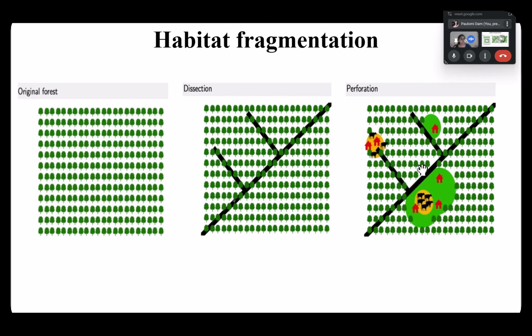These humans bring with them the cattle. Cattle were not there in these forests earlier. They were wild animals. Now you have cattle. So you have also brought new animals into the forest land. So you have increased the chances of conflict, of predation, of the several attacks that could be possible. So this was dissection. Now you have started perforating because you have started adding your layers to the forest.